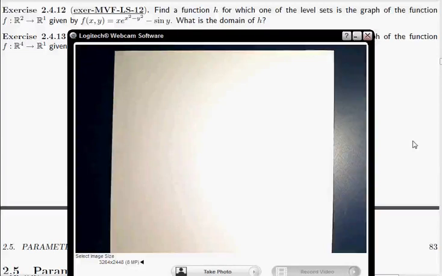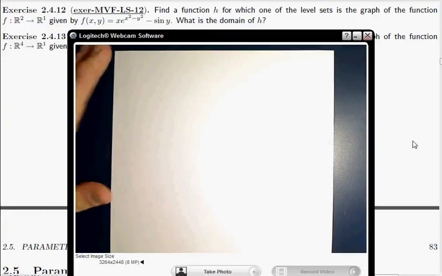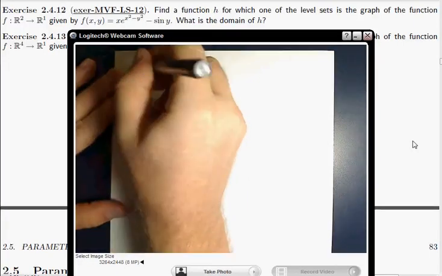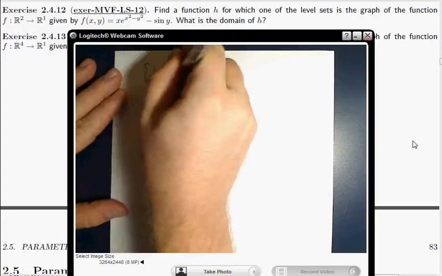Okay, we want to find a function h that we're going to look at a level set of. We're given a function f that we want to look at the graph of, and we want those two sets to be the same. Right? So we're going to take the same basic strategy here. We want the set described by h equals c,